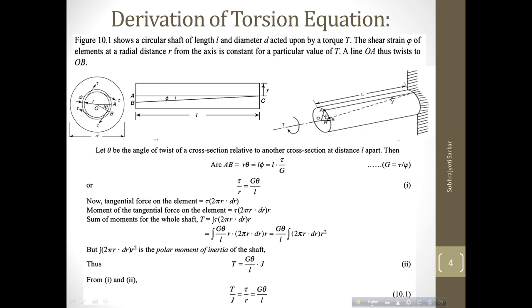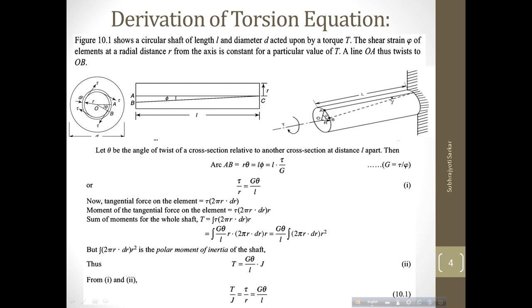Now if you again consider the same figure from the side view, what you can see is the point A has moved to point B, and the line AC is now this dotted line BC. If the point C remains fixed, then an arc AB is generated, which is moved by this angle phi over the length. So what is this angle phi?